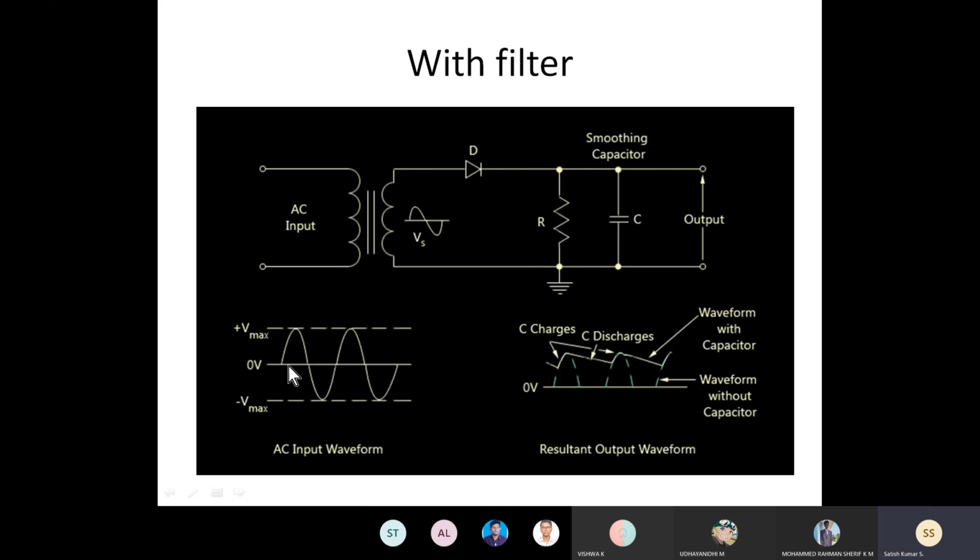From this waveform I am obtaining only the positive peak. From this positive peak I have to try to get a DC waveform. How do you get the DC waveform? I am going to take this level, then come to the next level and this level. After a certain value, from 0 up to a portion, I will pick everything.